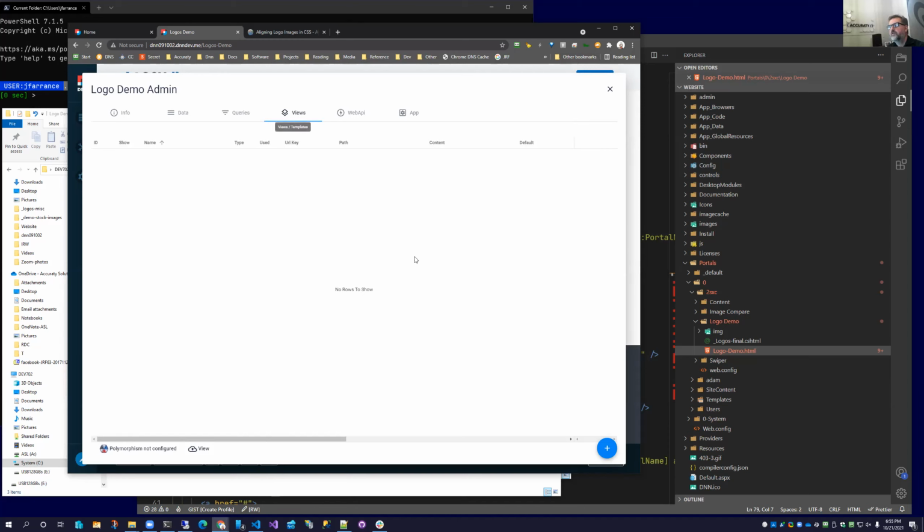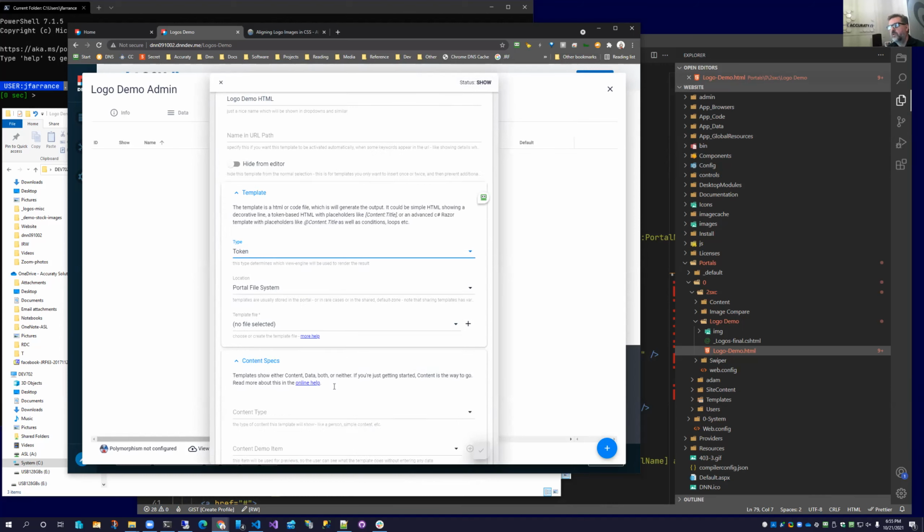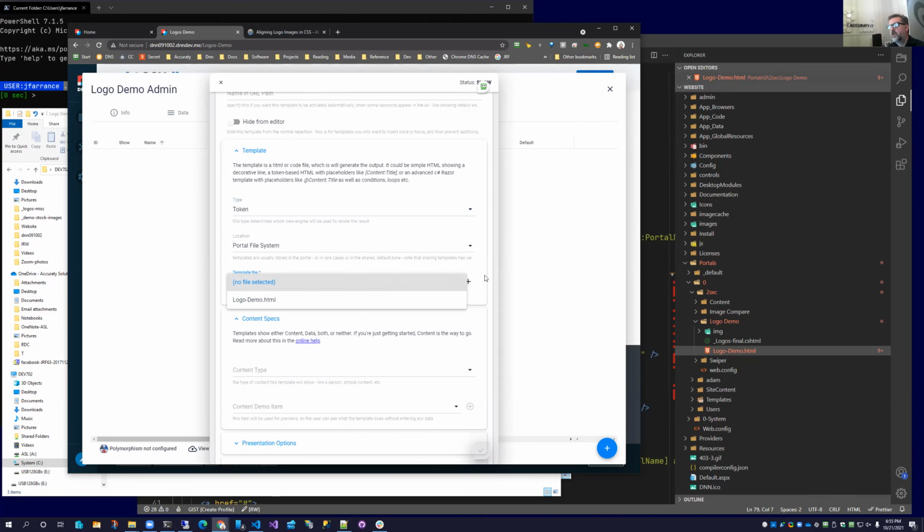And so what you're going to see here is we're going to create a view and we're going to call it logo demo HTML. And I don't see a lot of people in 2Sexy doing this anymore, but just real quick, bear with me. We're going to do a token template. And I've already made this.